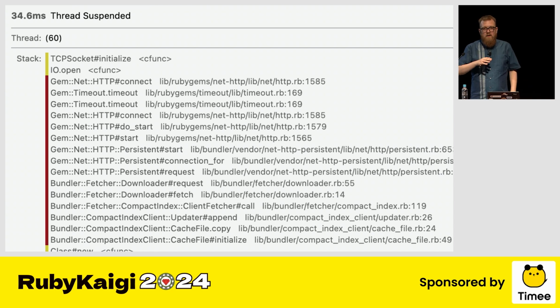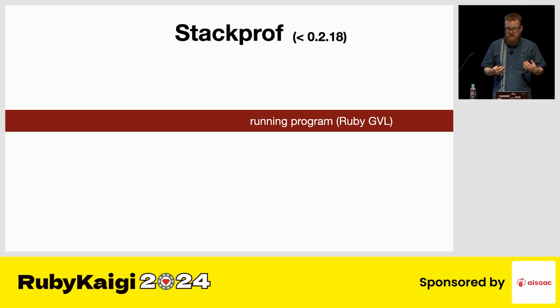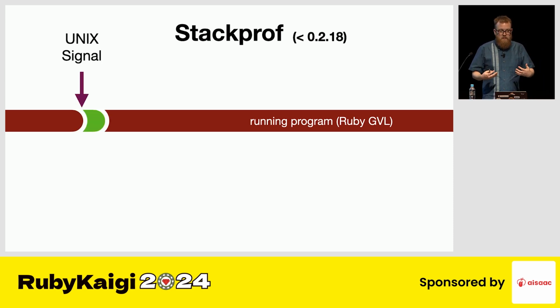Okay, so our pure Ruby sampling profiler doesn't work. Let's look at a real profiler. This is StackProf, which is the profiler I've probably spent the most time with, at least before writing Vernier. So StackProf works based on Unix signals. A Unix signal comes in and it starts running the signal handler code that StackProf has set up. Now, Unix signals are really, really weird, so you can't do much of anything inside the signal handler. You can only run functions which are designated async signal safe, and that does not include allocating memory,